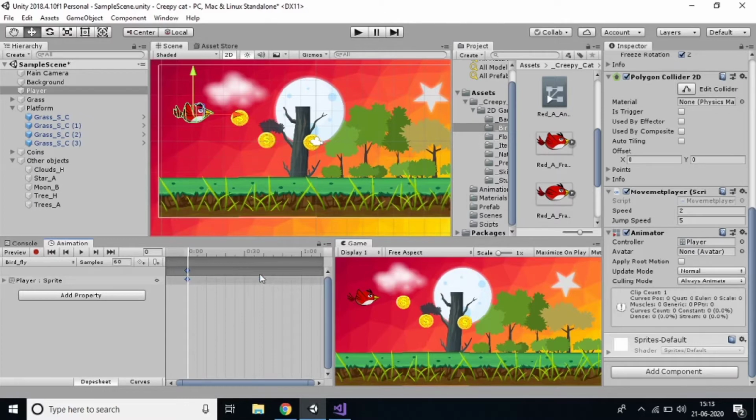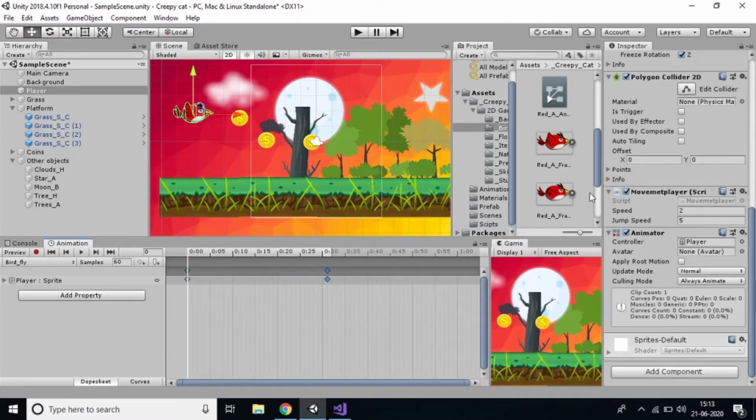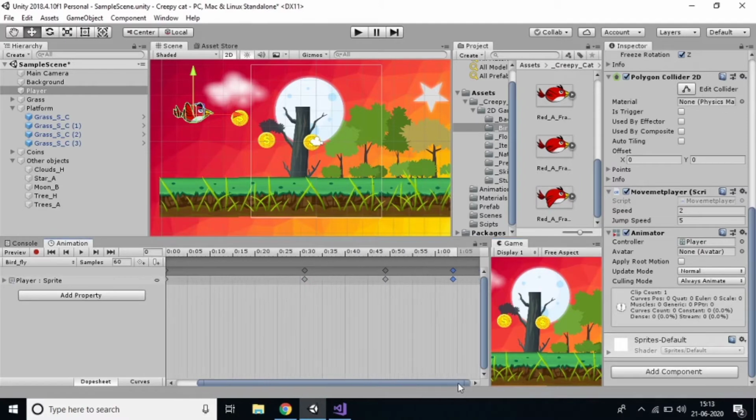This is the timer for the space. Then the third one, drag here, and the fourth one you can drag and keep here. Just increase, and the last one you can keep, and you can move it also.